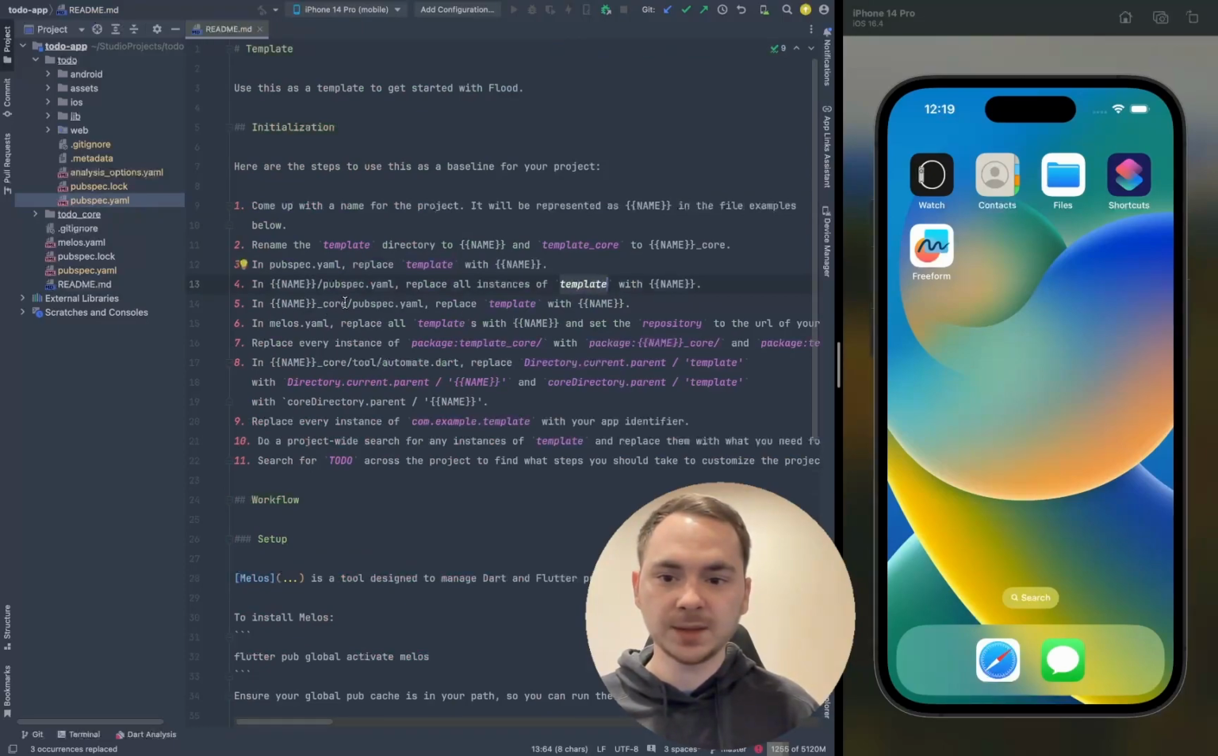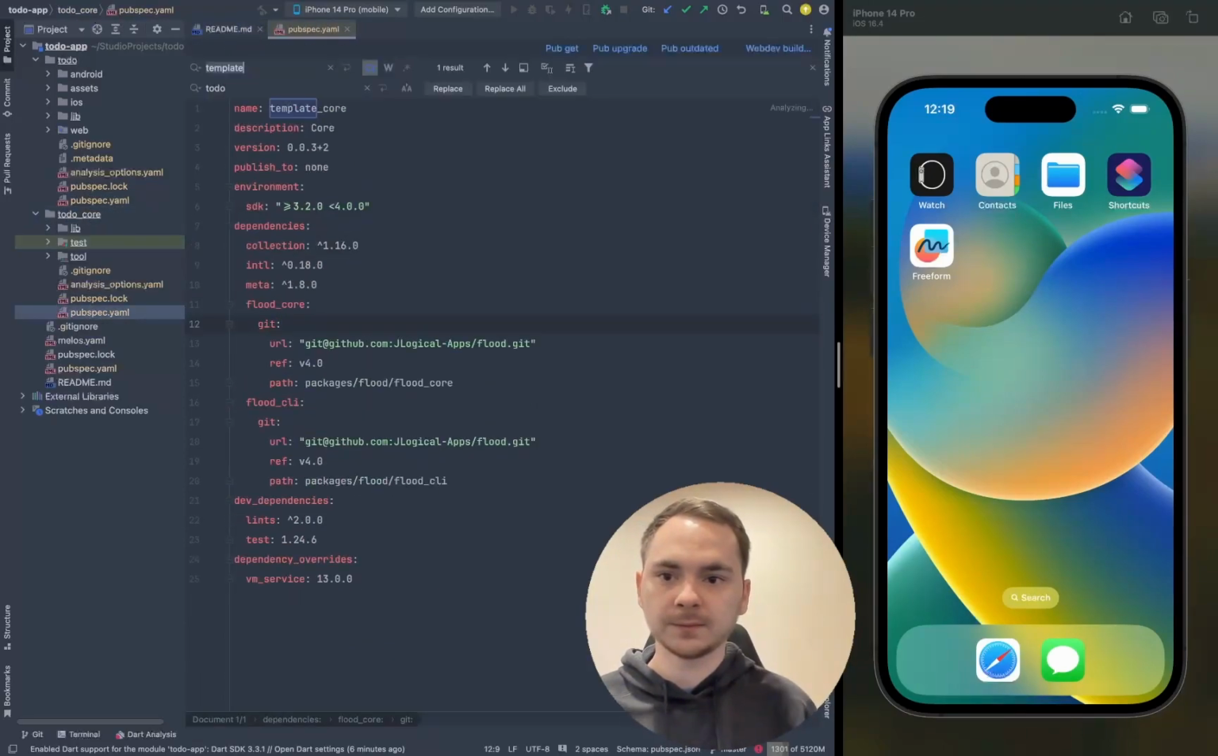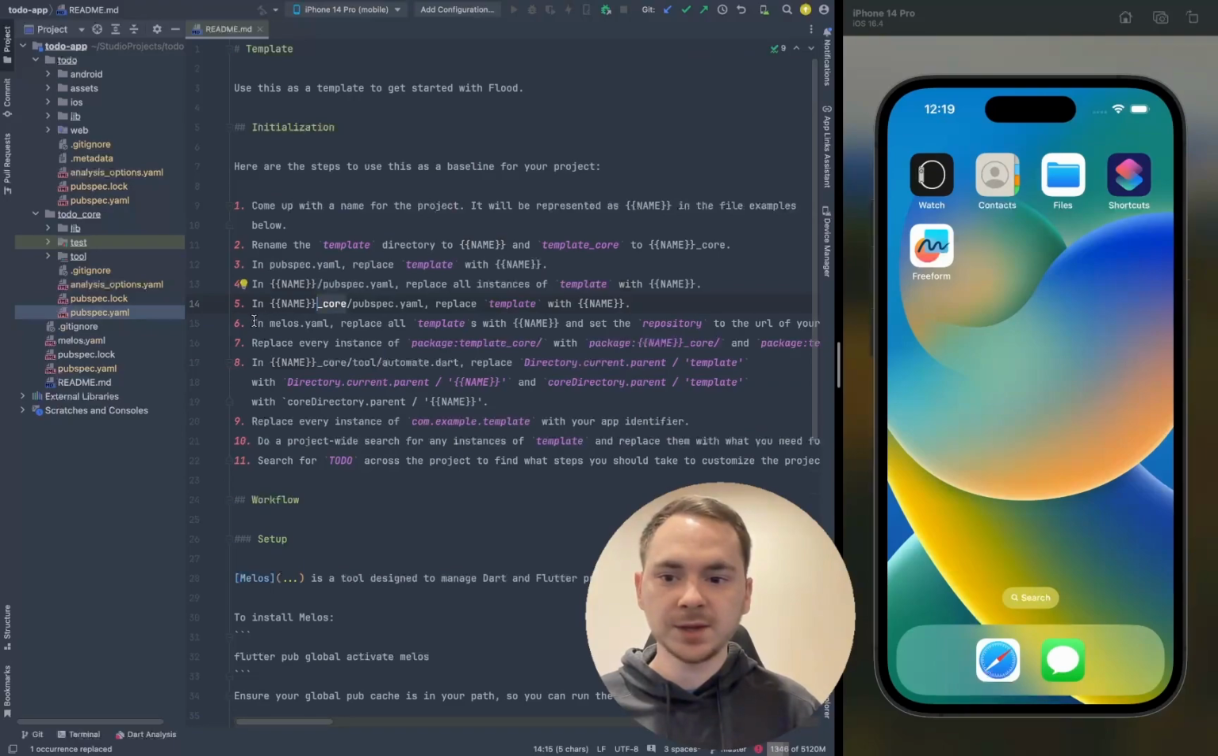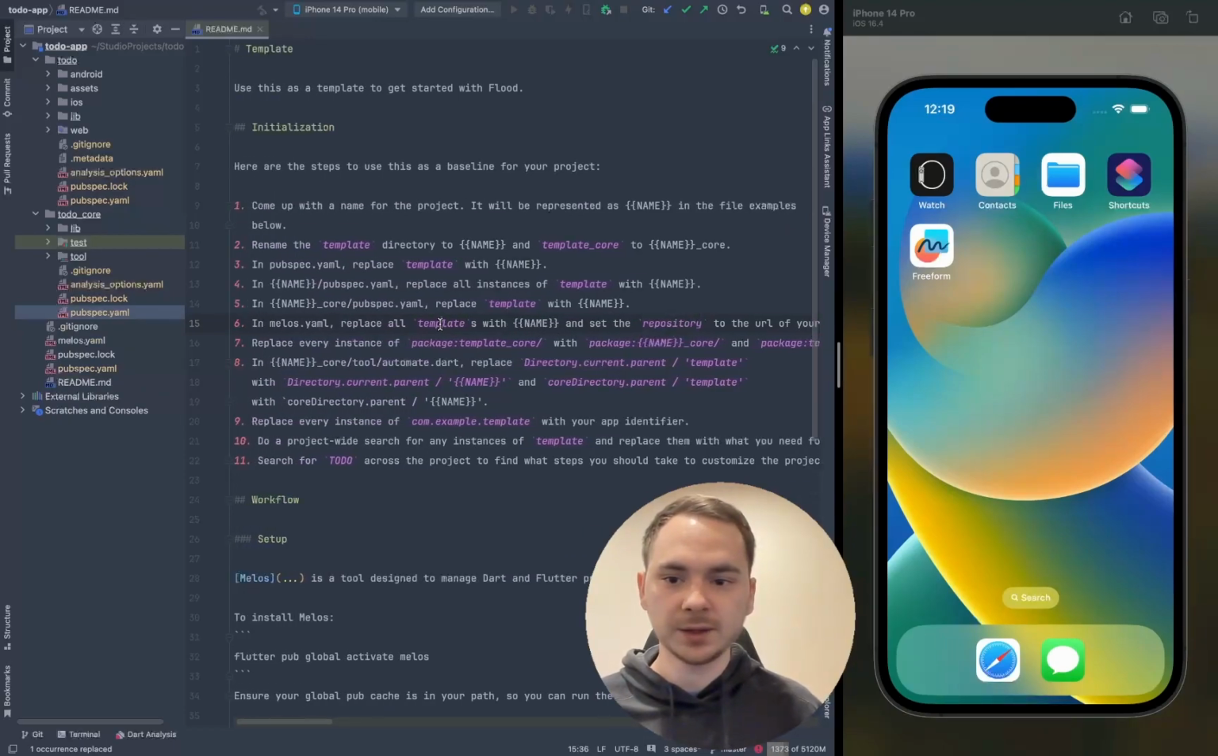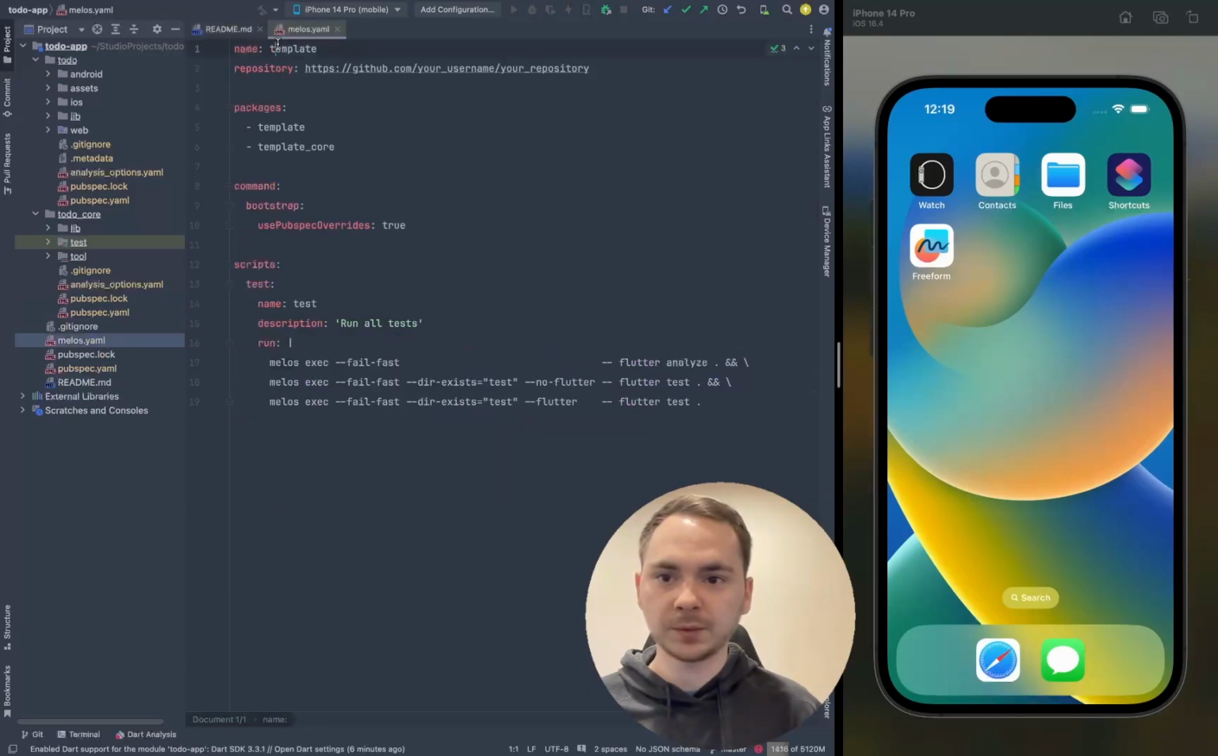Step 5 is to do the same thing with the core project. Step 6 is to look at the melos.yaml file at the root, and we're going to replace all template with Todo and set the repository to the URL of your GitHub repository. So I'm going to go to melos.yaml, replace template with Todo, and we're going to replace this with our GitHub repository. Because I'm not actually going to push this to a GitHub repository, I'm not going to change this field,